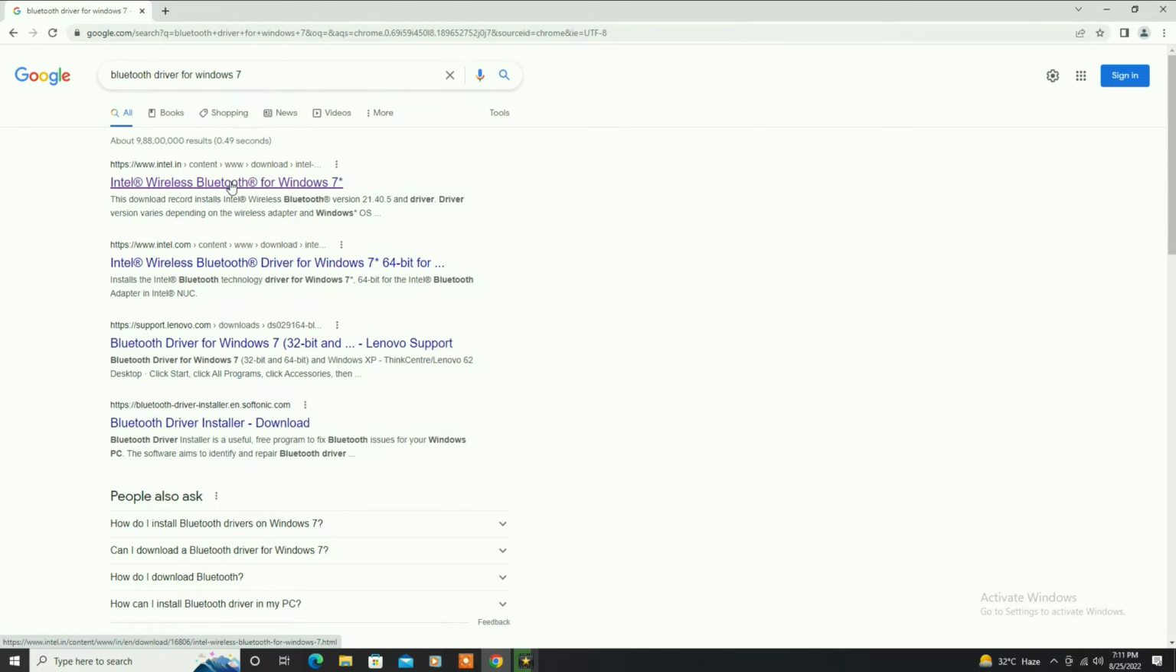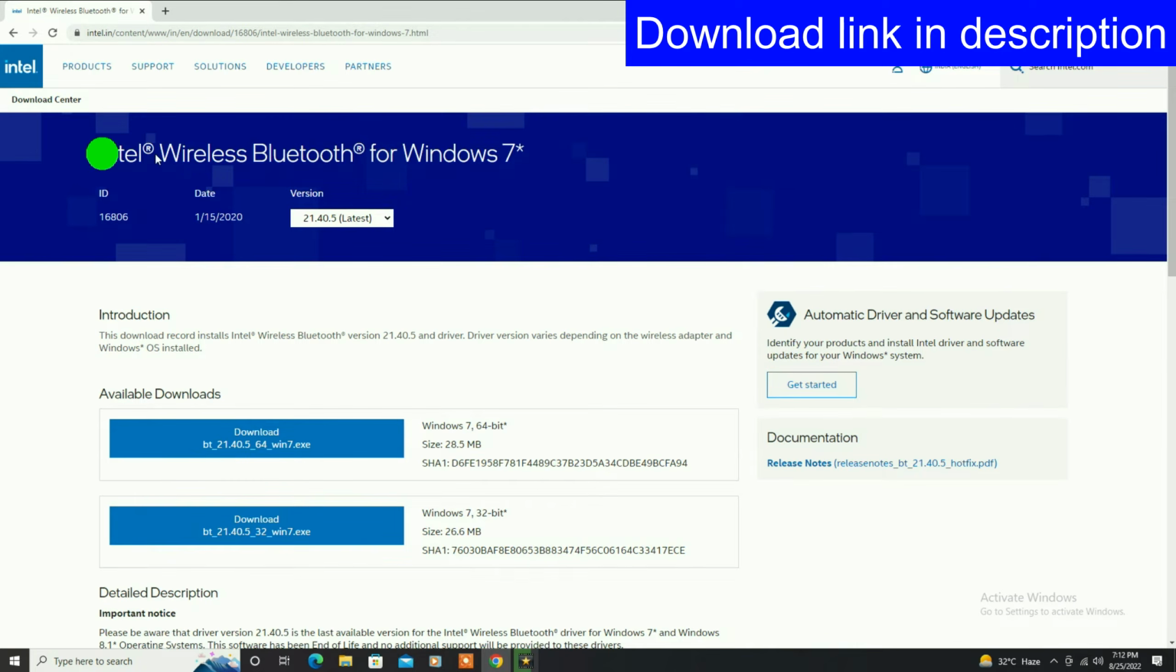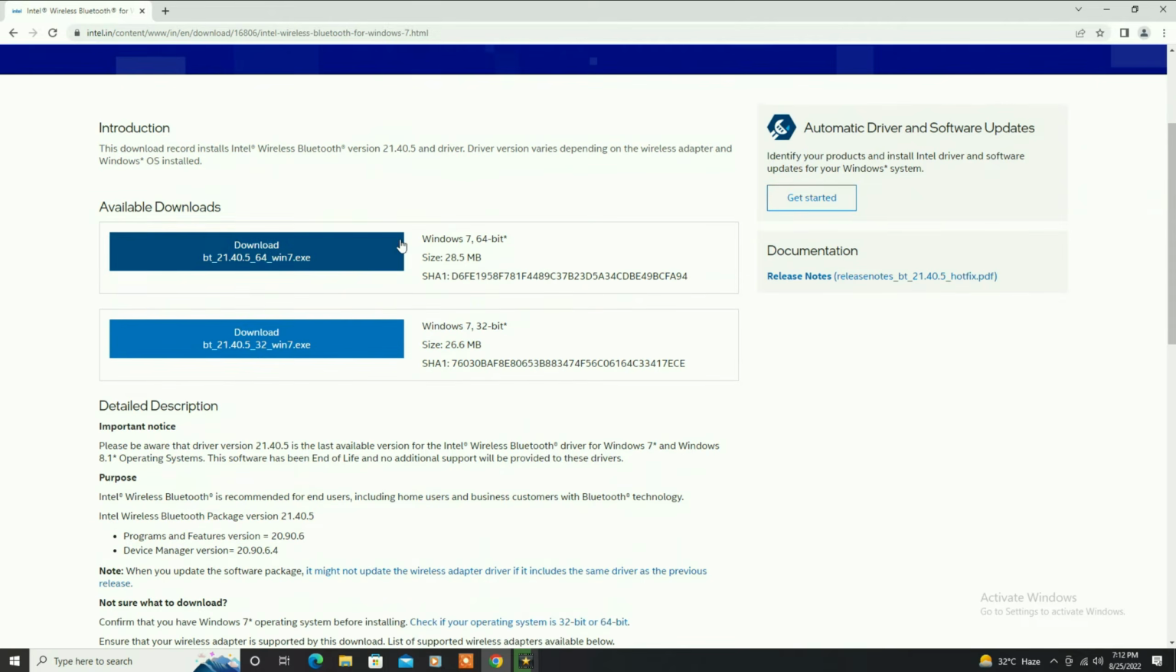It's Intel official website. Click on it. And now you can see Intel wireless Bluetooth for Windows 7. This driver is available for both system type 64-bit and 32-bit,